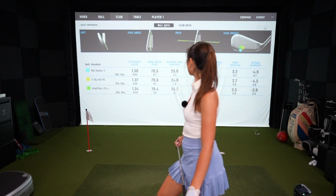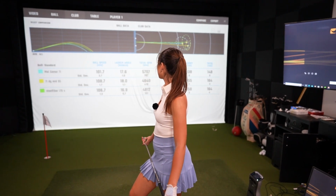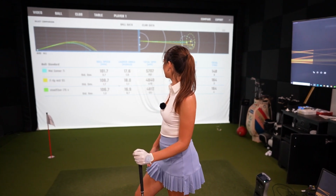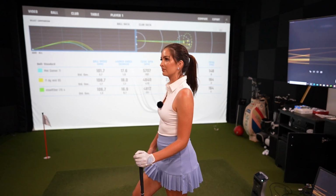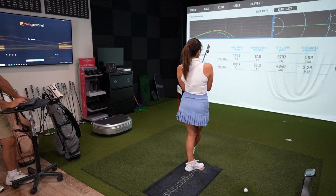What we're really going to look at here though is that spin is just dropping a little bit more than we want it to. So ideally we'd like to try to keep that spin somewhere around there. But obviously this ball speed is quite a big jump, so that's nice to have too. If we can find a happy medium off this last option, I think we're in a good spot. I have one last option that I'm very intrigued by,